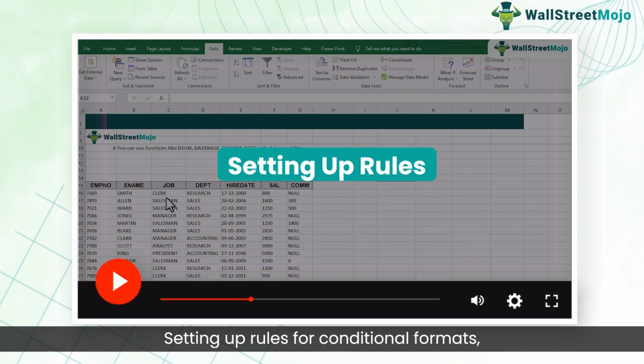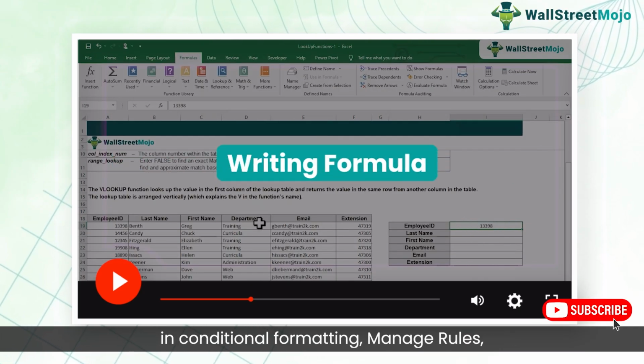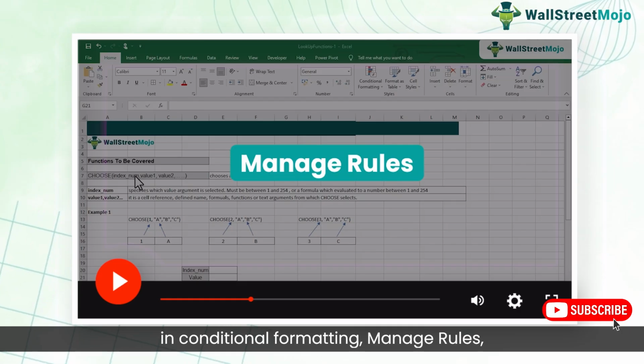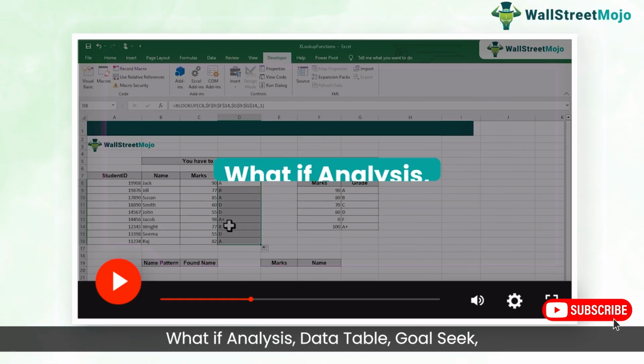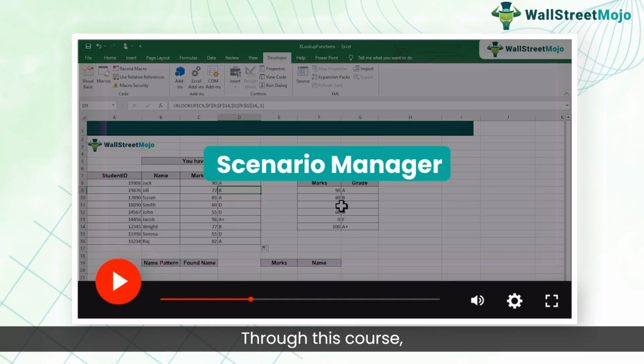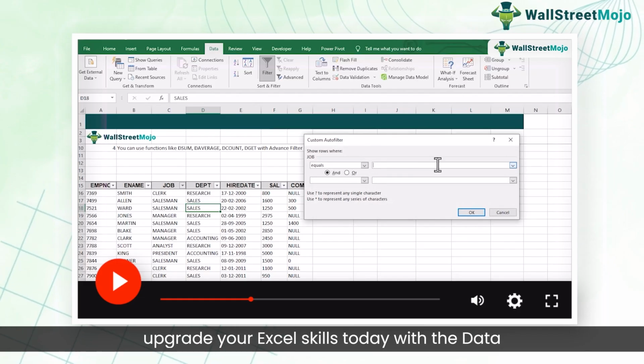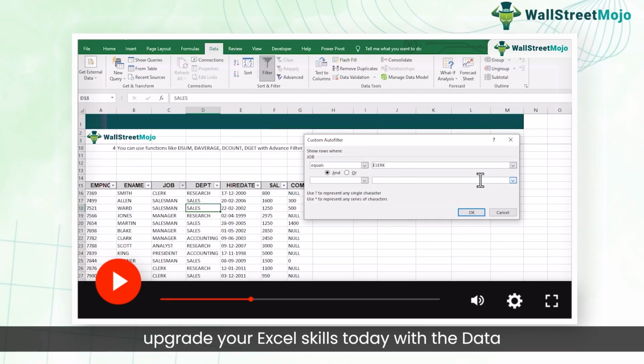for conditional formats, clearing the conditional formats, writing formula in conditional formatting, manage rules, what-if analysis, data table, goal seek, and scenario manager. Our aim is to help you upgrade your Excel skills today through this course on data analysis